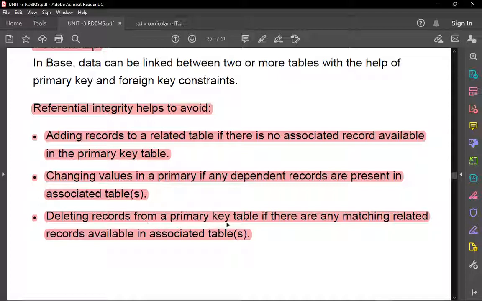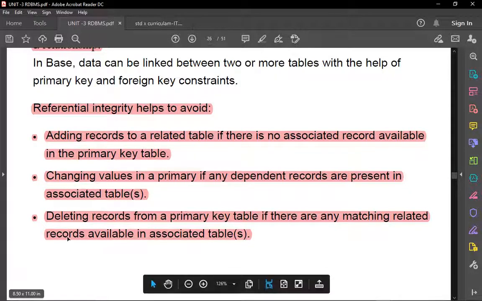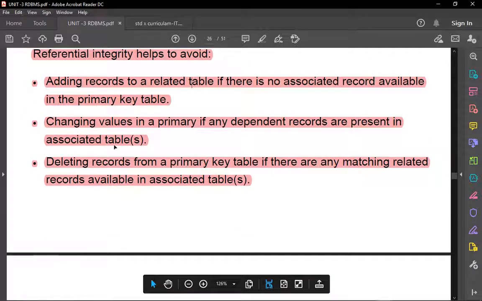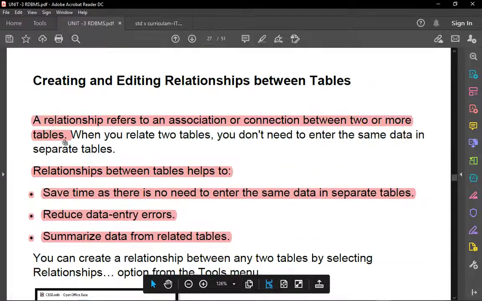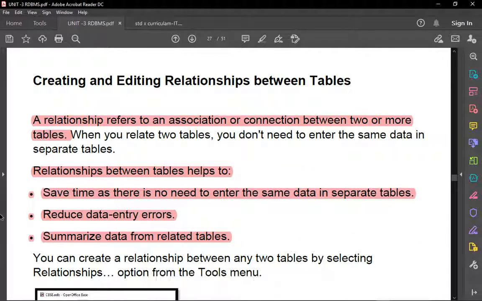And deleting records from a primary key table if there are any matching related records available in associated tables. You may not understand this, so just leave it, no need to learn it. Next, creating and editing relationships between the tables. How can we create relationships between two tables?